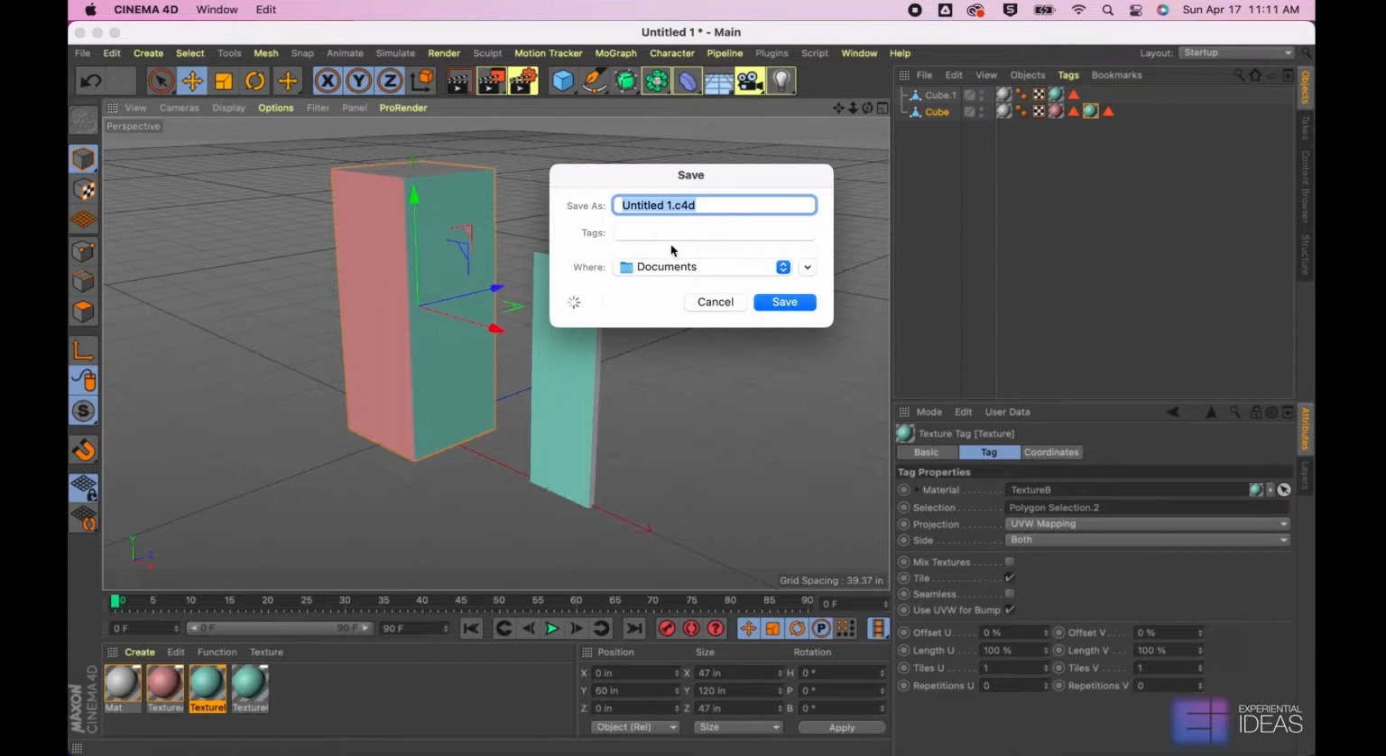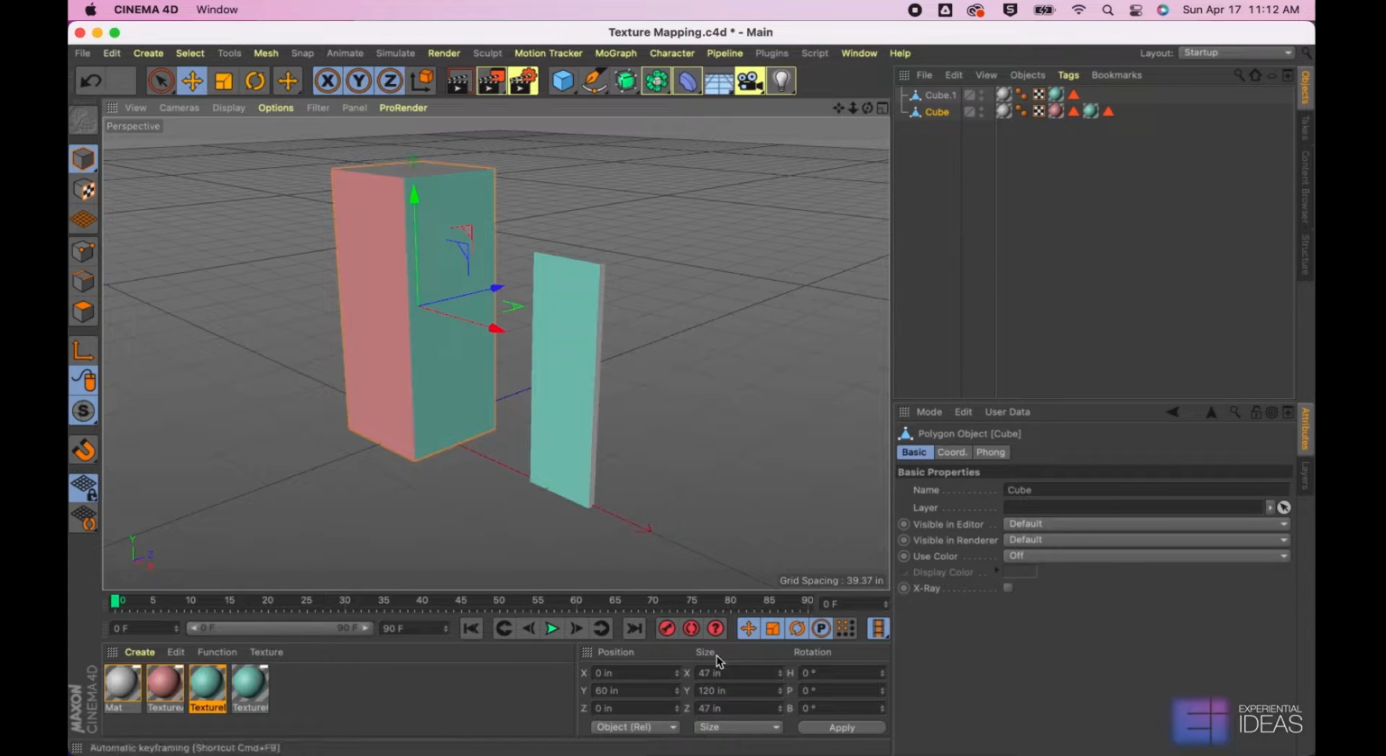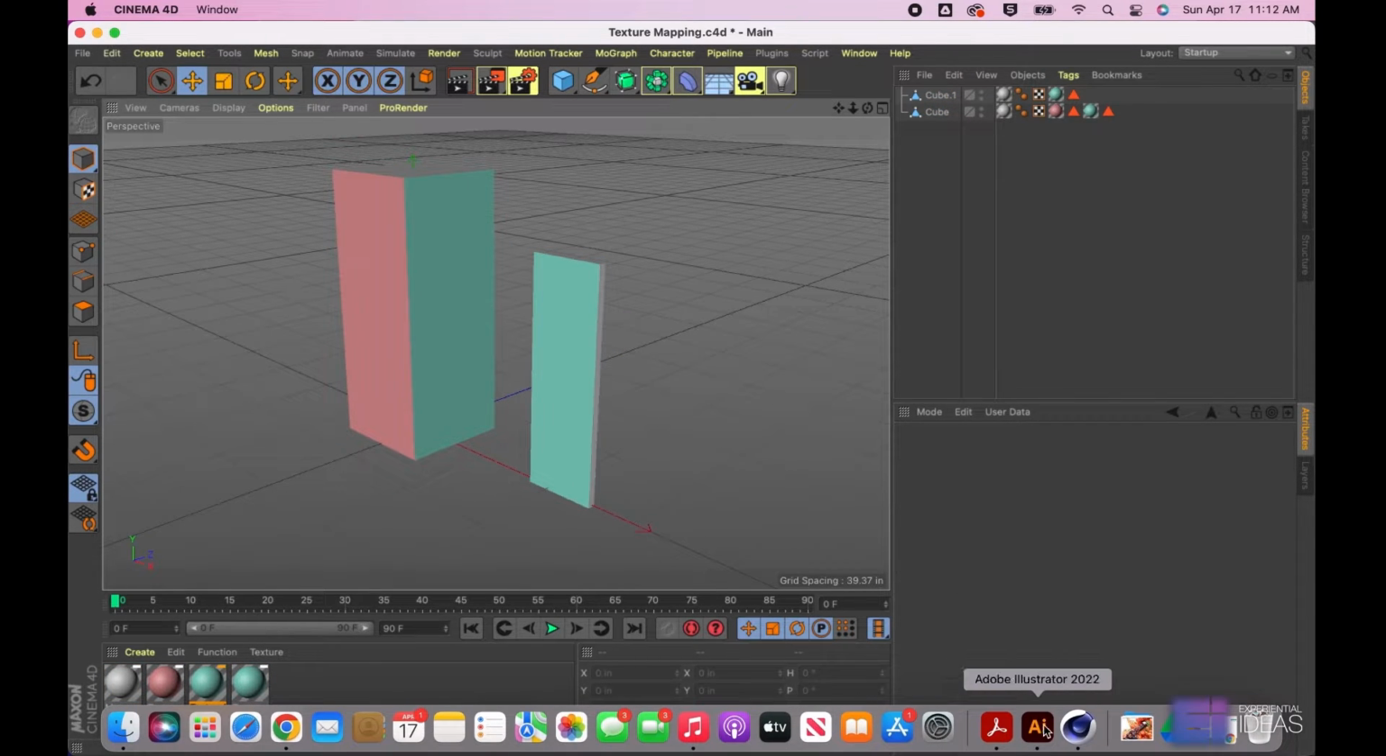Obviously, save often. One more time, just double check the sizes that you'll need. You can always jump between the programs to do this if you have multiple textures you need to make. And then we'll jump over to Illustrator and open a document